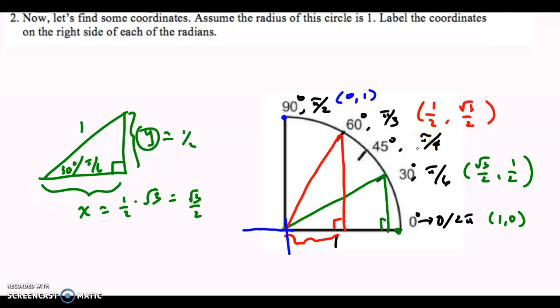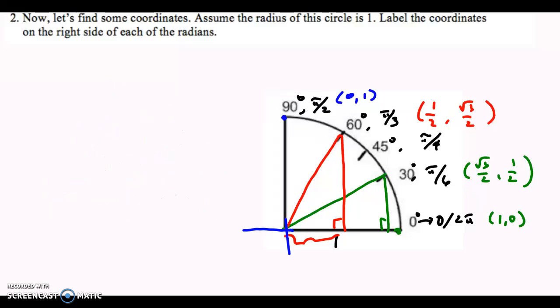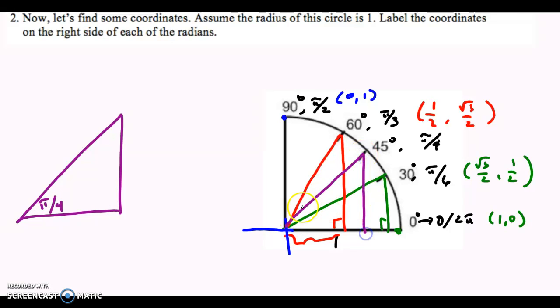Finally, pi over 4. We're going to clear this out. So for pi over 4, I'll use purple for this one. Again, I know that at the base, the angle is opening up pi over 4, and I know that my hypotenuse is going to be 1. Remember, these two sides are congruent. So if I do the Pythagorean Theorem, I get 2x squared is equal to 1,